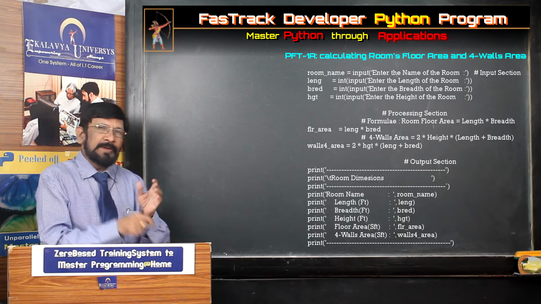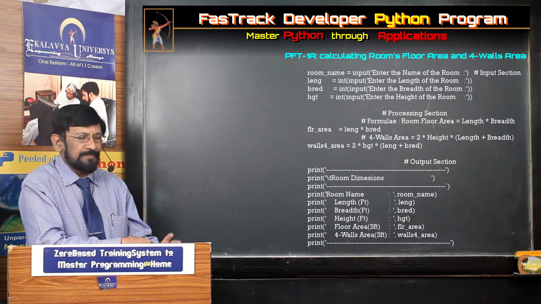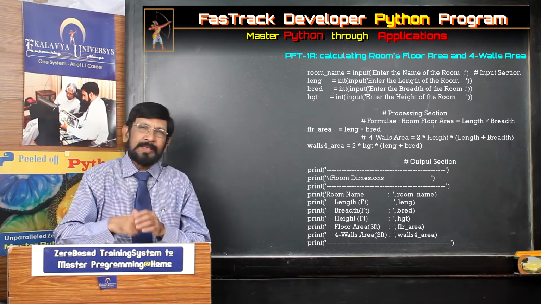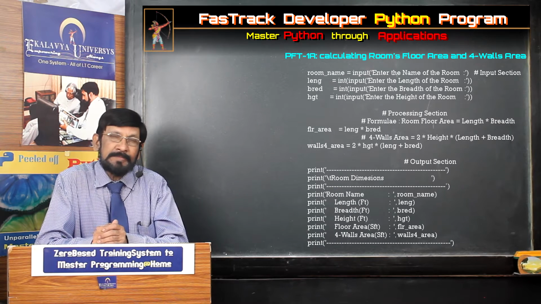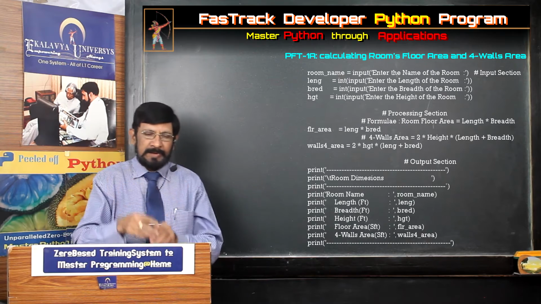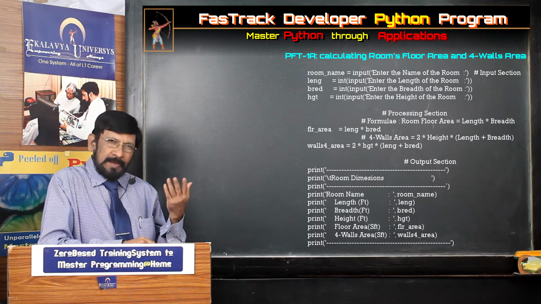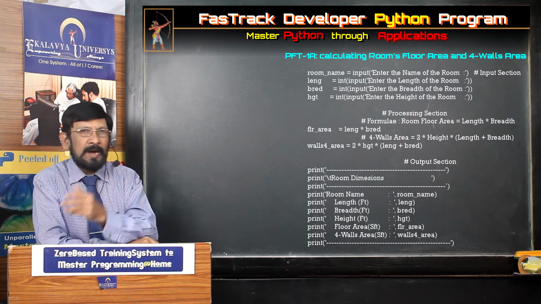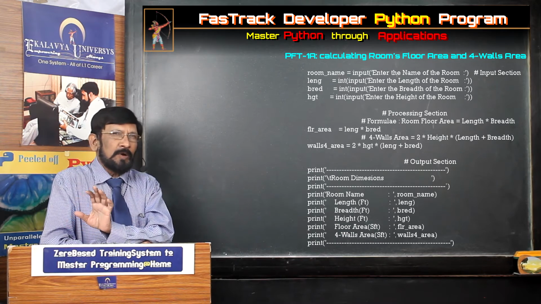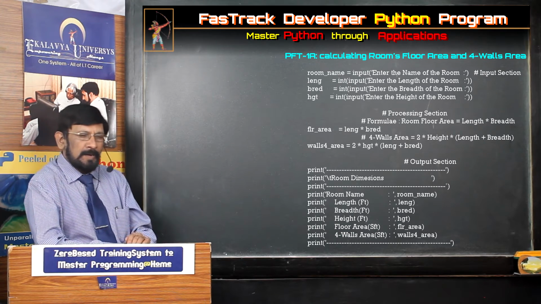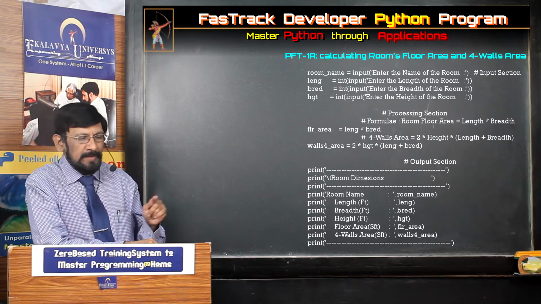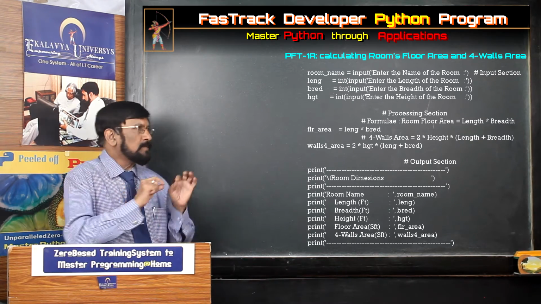Actually, the comment explains the task of the program. Here you see, the top one line we have written comes under the documentation section. Actually, in commercial applications, many details are there. In real-time projects, they write many details in the documentation section, like the task of the program, who is the author of the program, the version of the program, copyright details, and other details. And in advanced programs, we also write some import statements. Don't worry about them. In the documentation section, you write only a comment.